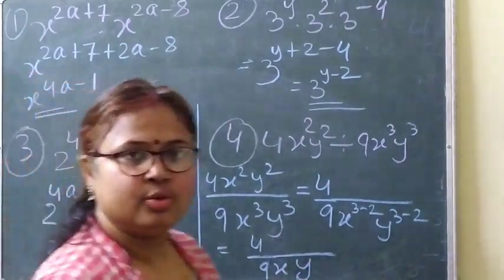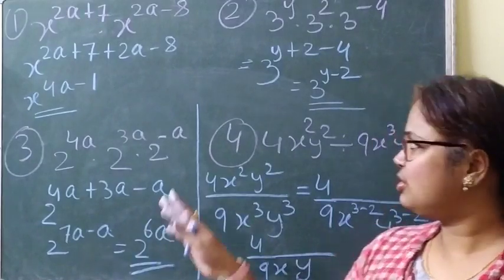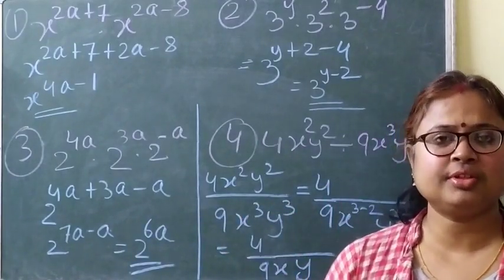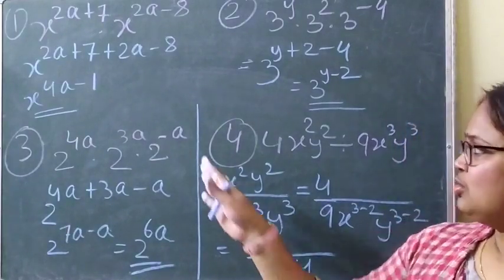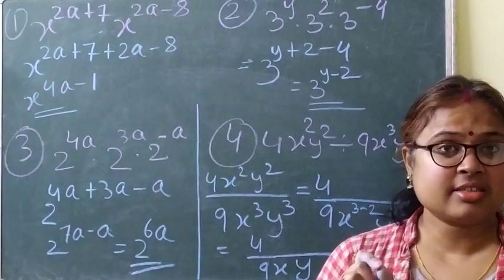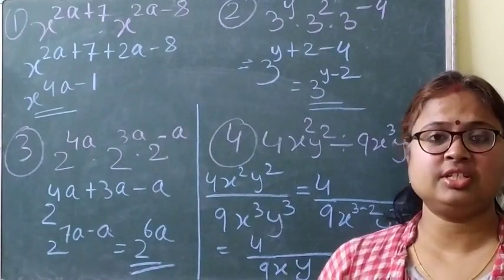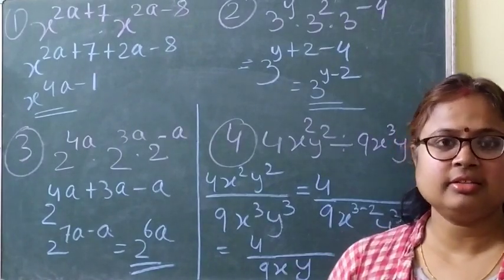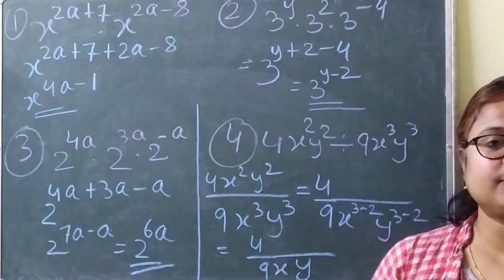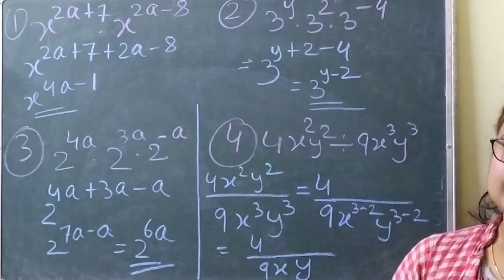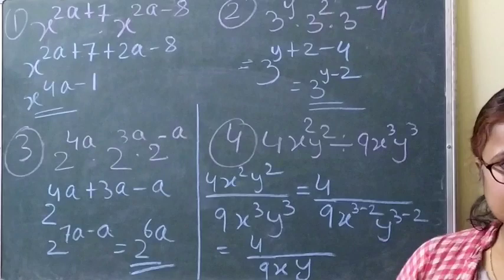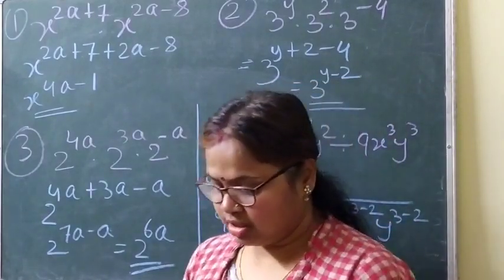I hope you all have also got the same answer because the basic concept is same here. When the bases are same, what do we do with the powers? We simply add the powers. So we'll add and then we will simplify here. Okay? Because in addition, there is no change in sign. But when we put the minus sign, things get very much changed, because whenever we subtract, we change the sign also. So that is why we will use the concept that when the bases are same, we have to do the addition with the powers. Now, next question.